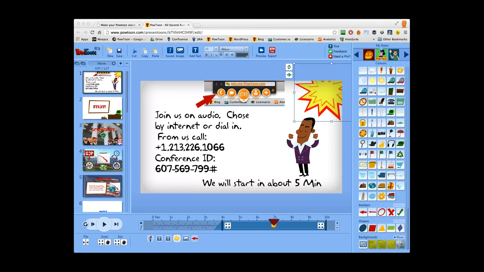That's coming. We're also building a publishing platform, so you won't have to go to YouTube to publish your videos. You'll be able to post them right into Powtoon, play them, and share them right from there, with a lot of functionality. You won't have any ads like YouTube has, and a bunch of other really great stuff. You'll be able to embed them on your website, and so on and so forth. That's a big project we're working on too.